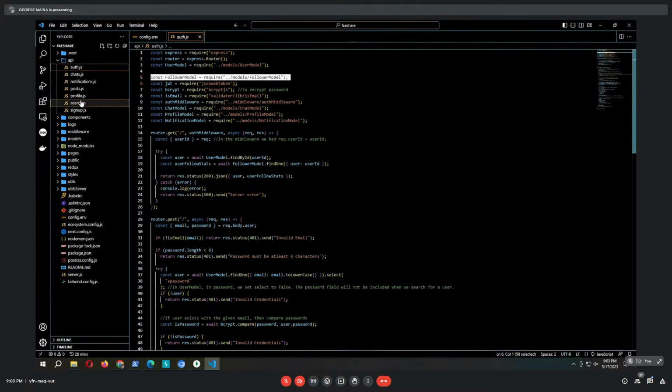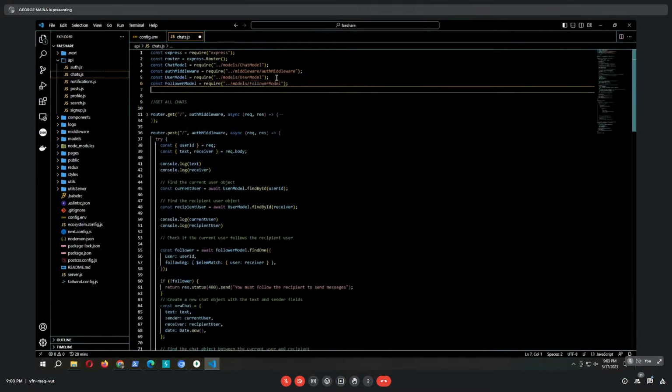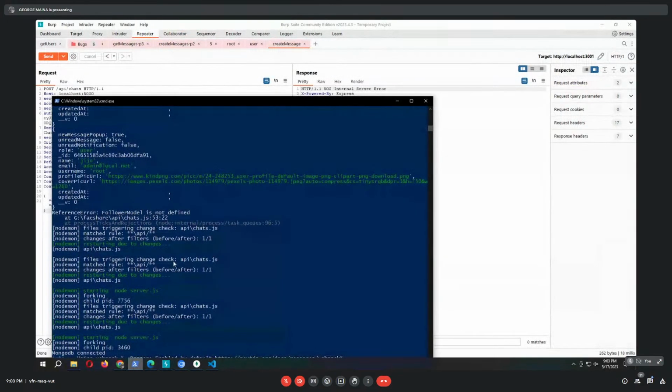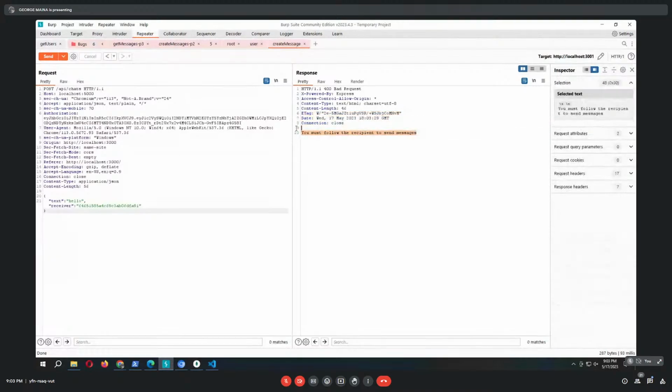Let's quickly fix that. It's connected. As you can see, we have our first roadblock. The attacker has, okay, this is more of a